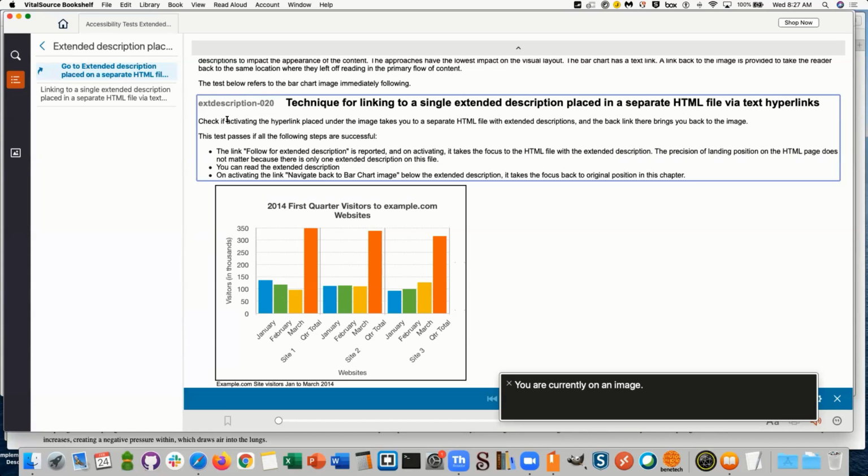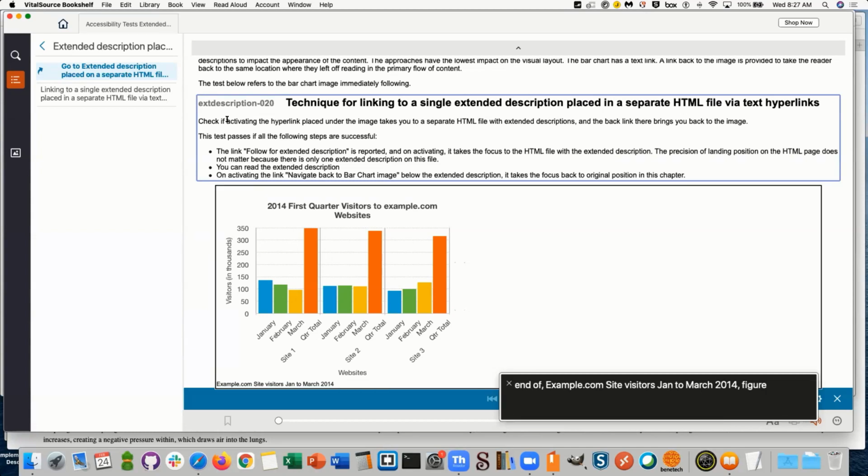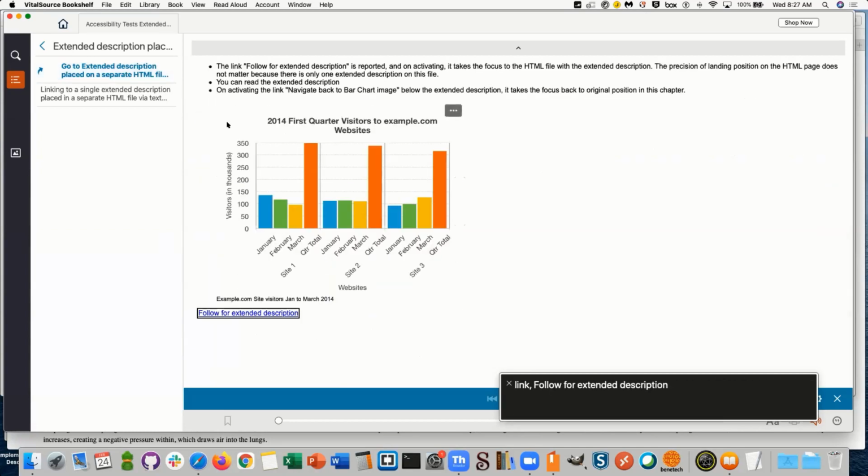So there's my image. I'm going to move past that to the link to the extended description now. When I click on this, it's just a link, and the publisher can format it however they want, but it's going to take me to the end of the book, to the top of that page, where, as I mentioned, the image will be alt equals quote quote, a presentational image, just for reference only.